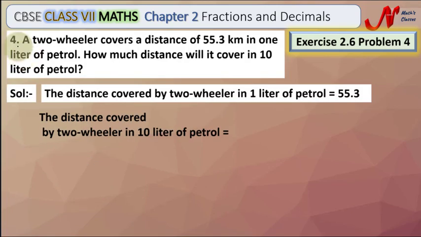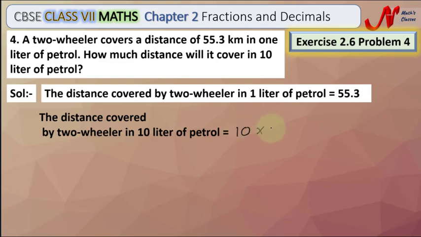Now we are going to solve the fourth problem. In the fourth problem, it is given that a two-wheeler covers a distance of 55.3 kilometers in 1 liter of petrol. How much distance will it cover in 10 liters of petrol? So from the given problem, we can write the distance covered by the two-wheeler in 1 liter of petrol is equal to 55.3 kilometers. So we have to find the distance covered by the two-wheeler in 10 liters of petrol, which is equal to,